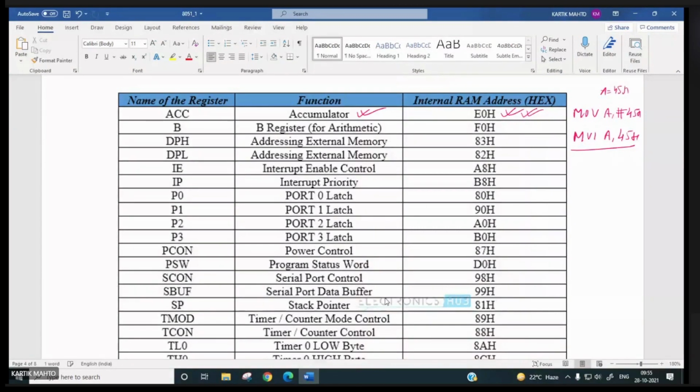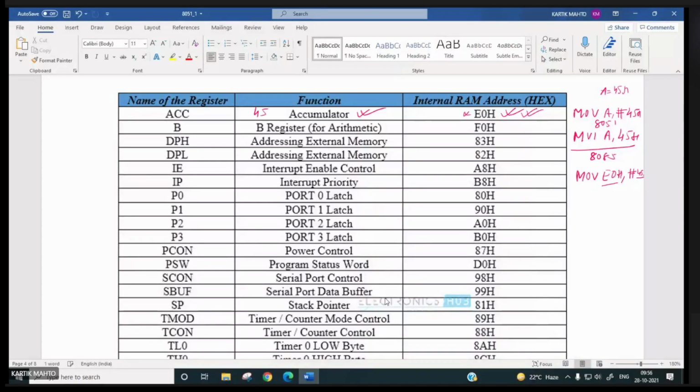This is 8085. This one is 8051. Or you can write MOV E0H, #45H. This will also transfer 45H immediately to location E0H, which is nothing but the accumulator only.